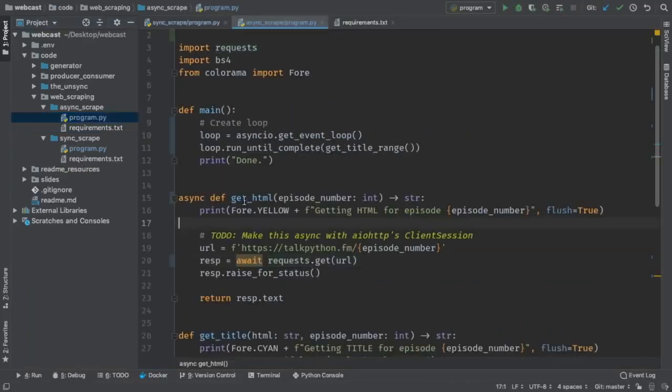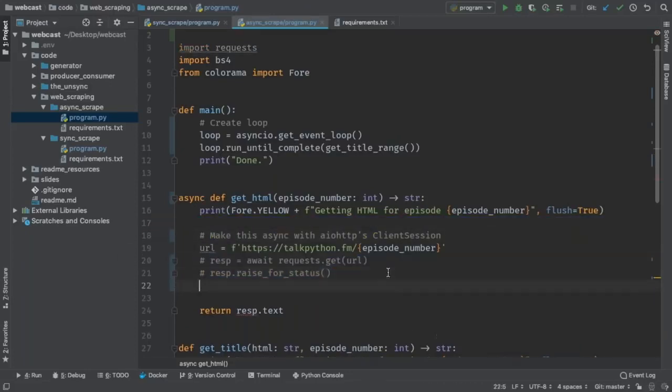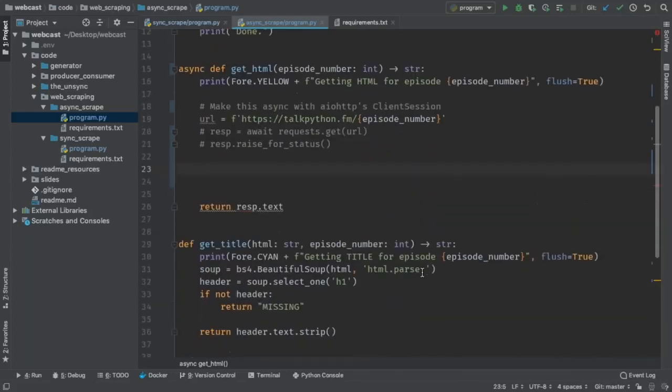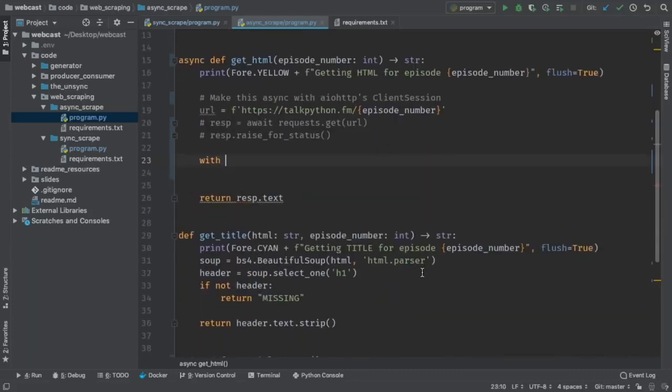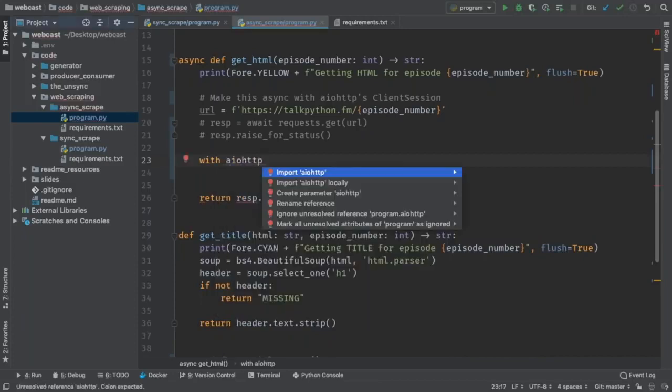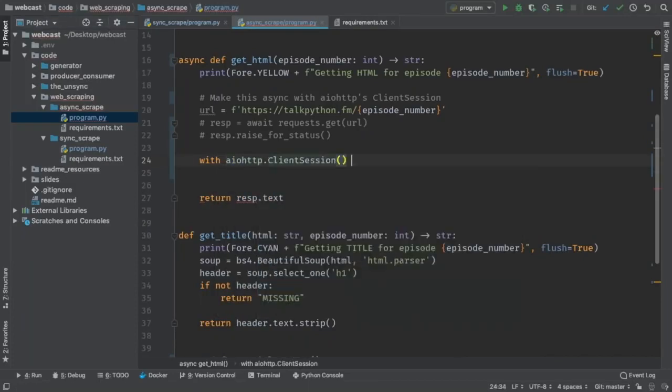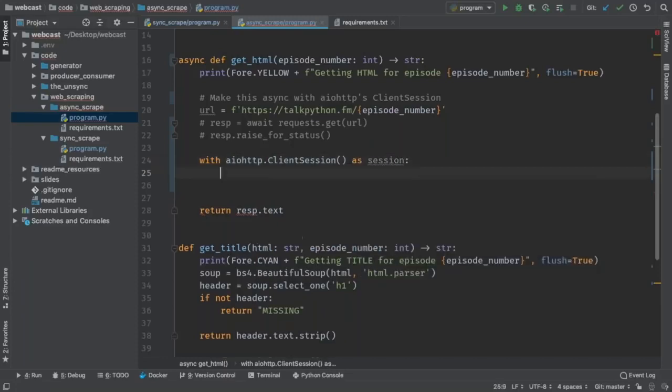Here we go. So now we can't just make that asyncable. So I'm going to write some more interesting code. I'm going to come over here and put it into a with block. I'll say with aiohttp.ClientSession as session.